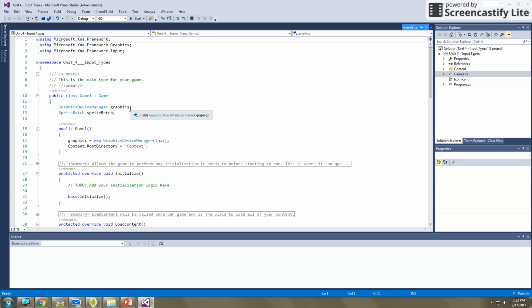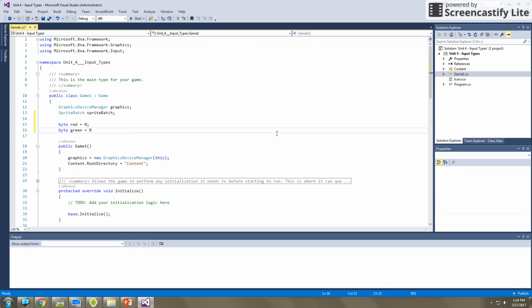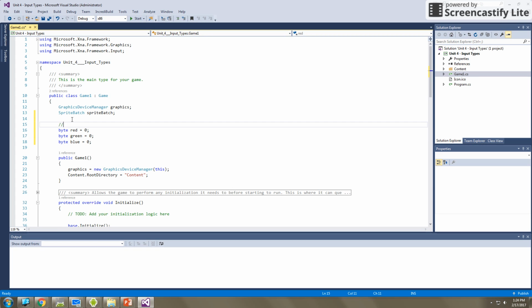And what I need to do first is think about what my program is going to do. Well, I want this program to change the background of the screen depending on what values I'm pressing on my gamepad. So, for example, in here, I'm going to have to put in the red, green, and blue values so that they can change. So I have a byte value called red that I'm starting at 0, a byte value called green that I'm also starting at 0, and a byte value called blue that I'm starting at 0 as well. And I'm creating these colors. This ties in with what we did in Unit 3. These are going to hold the red, green, and blue intensity values for the background